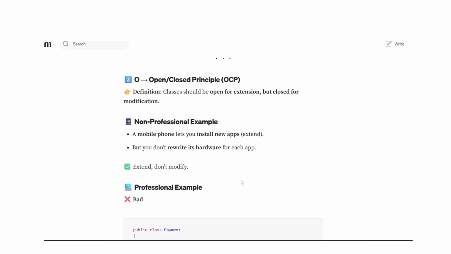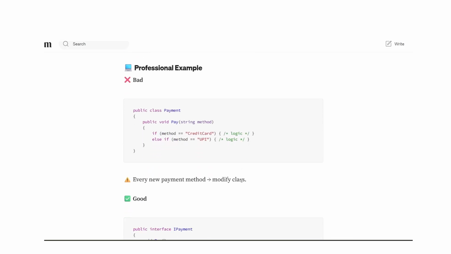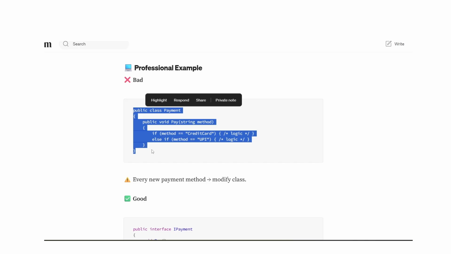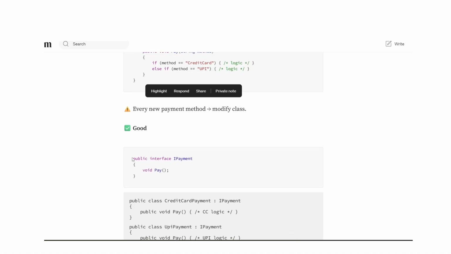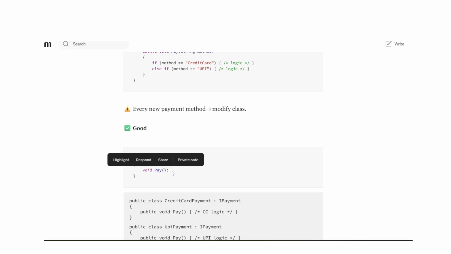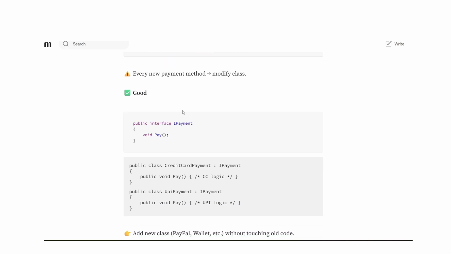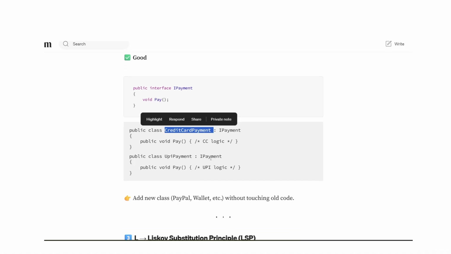For example, here you can see this example follows the Open Closed Principle. We make an interface IPayment and a method void Pay. We inherit and use the same interface IPayment for the credit card payment, and the same method for the UPI payment.